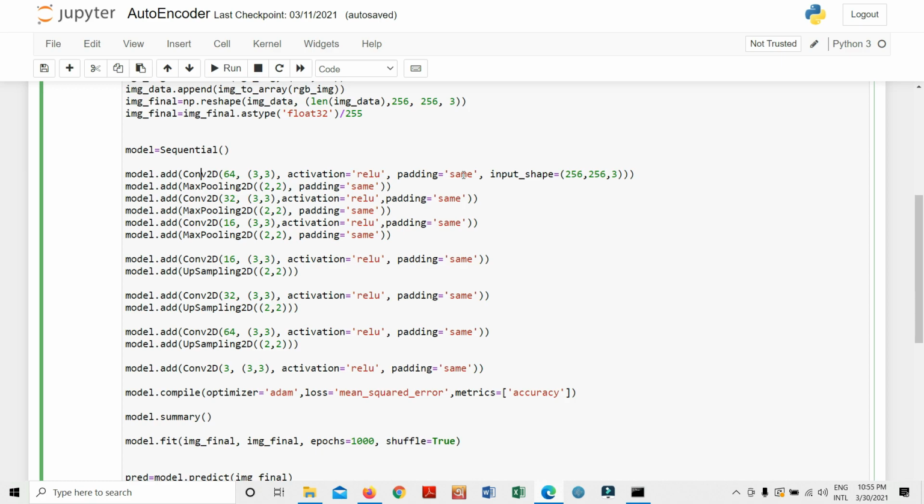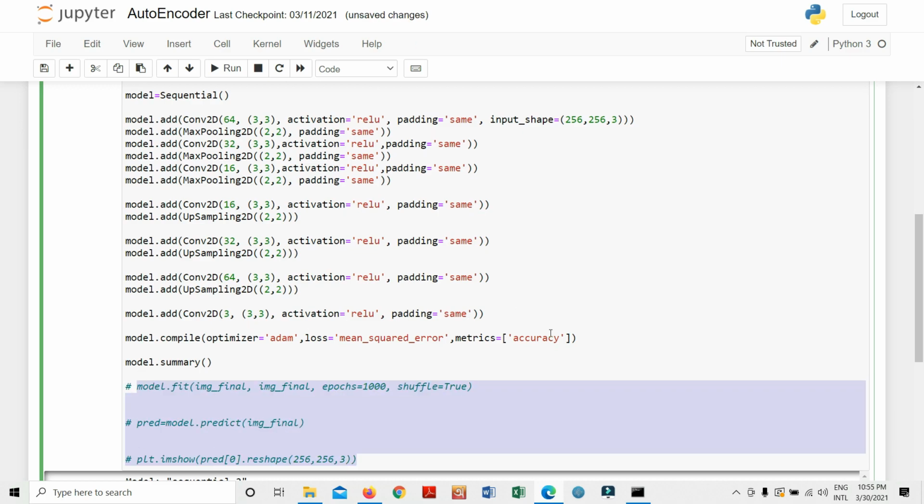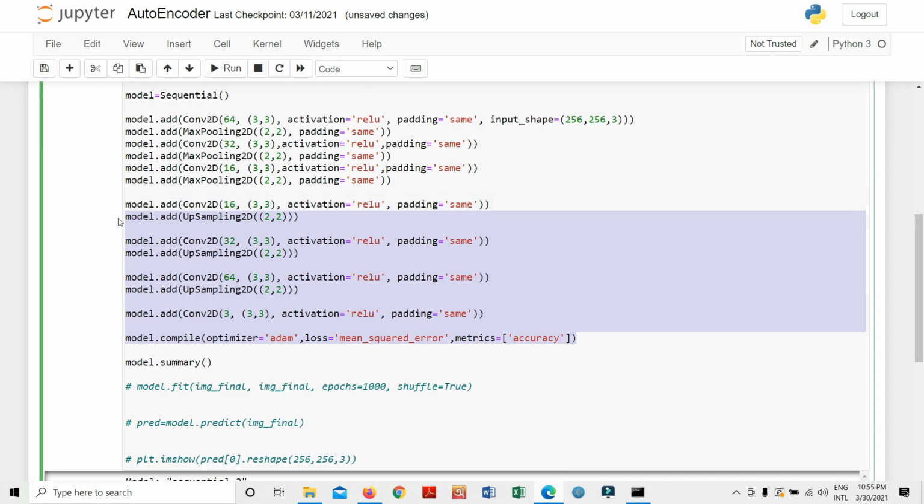Because we are dealing with an RGB image, a color image. Then you can see a max pooling layer with a 2,2 kernel, and again 32, again 16 and 16. You can see here that after we put the 16, we are going to upsample it. If I comment out those lines, and also these lines, just this line,